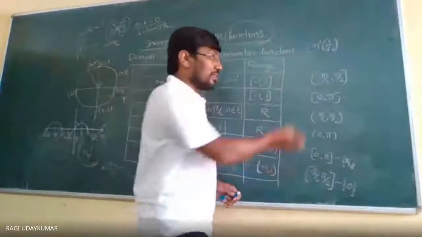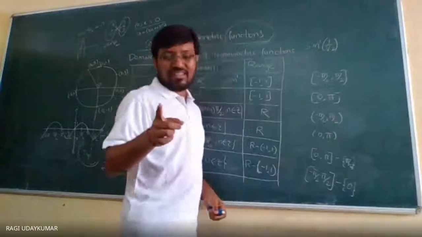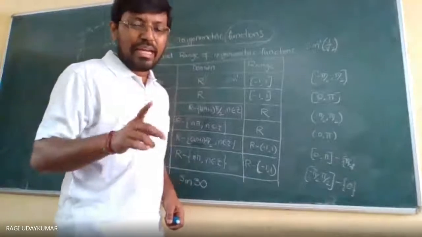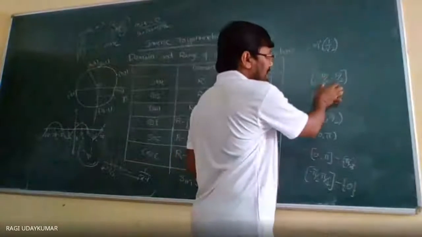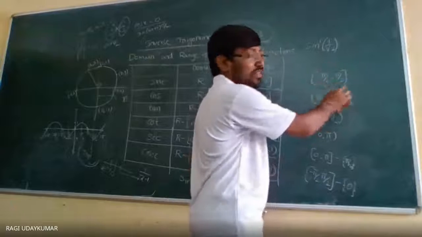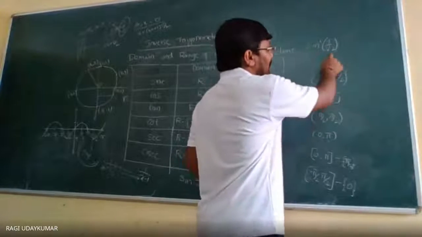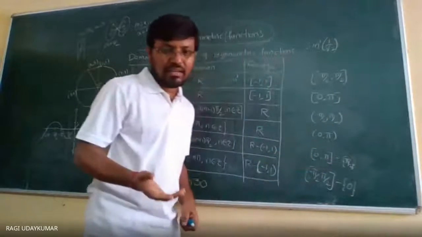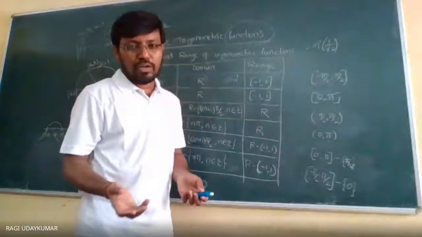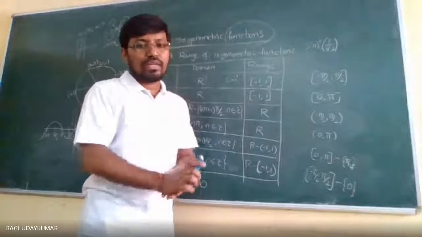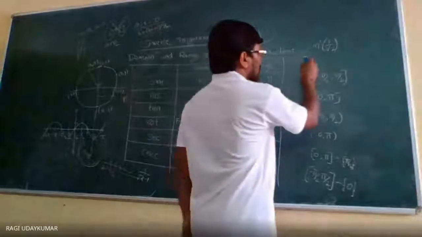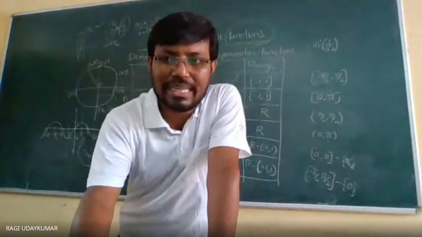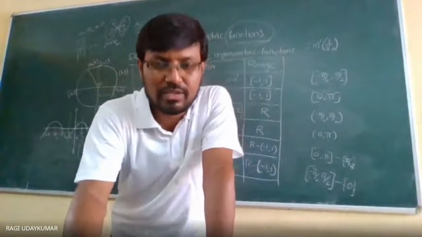So you need to see whether that pi by 4 is there in this range or not. This is the range of the sine inverse. Whatever value you are taking, you need to see whether it is there in the range or not. If it is not there, let us take one more problem into consideration. While solving problems you will understand this, and you should go through the text in the textbook.